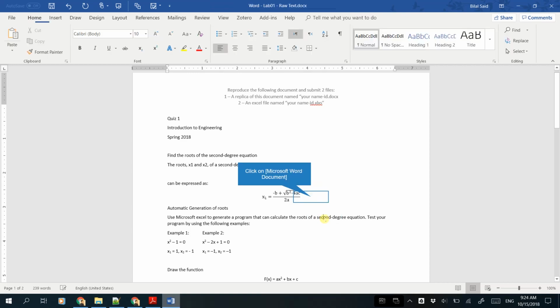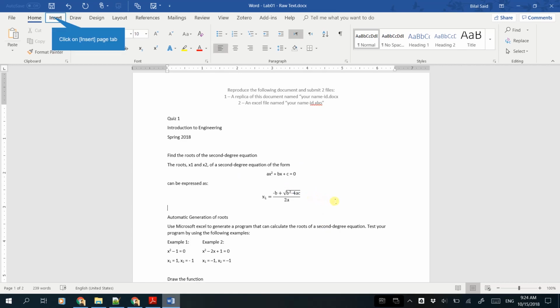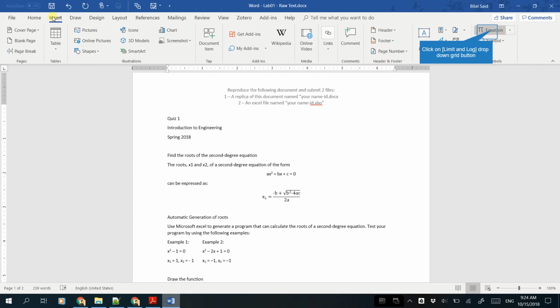So this is the first equation. The second equation, I'm going to add in the same way,